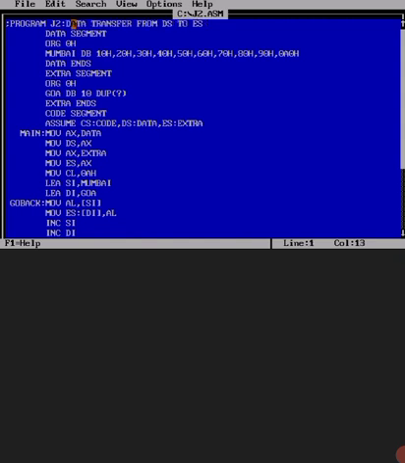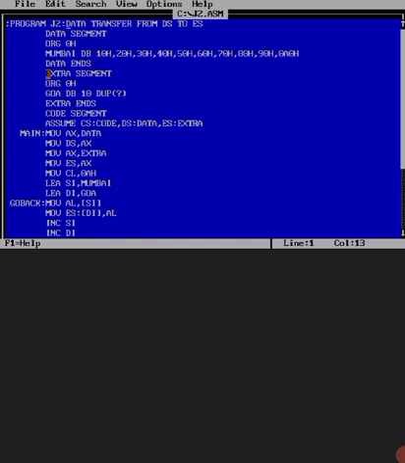Let us understand the program. As I said, in the data segment we originate the data in the first row, that is 0h. For making the program interesting, I am taking the memory location for the data segment as Mumbai. Mumbai DB, data byte because it is 8 bit: 10h, 20h, 30h, 40h up to 100h, which I want to move or transfer to the extra segment. That is where the data ends.